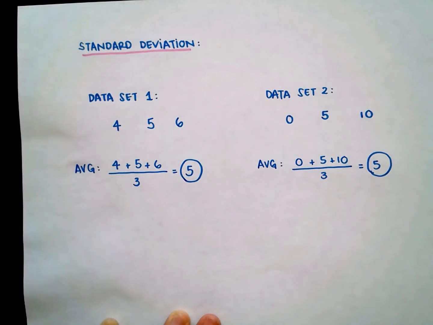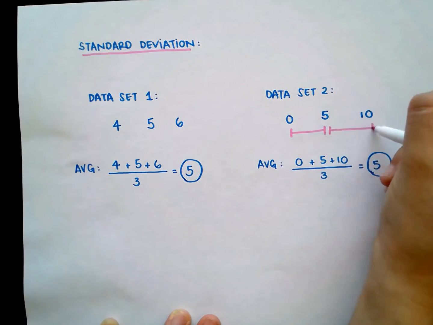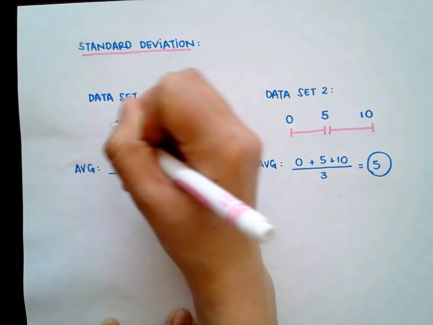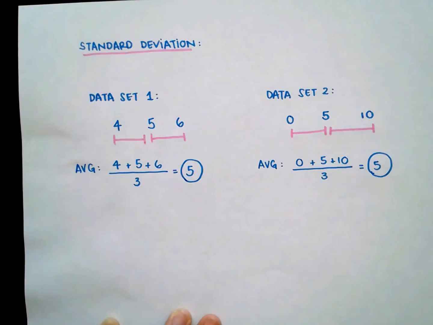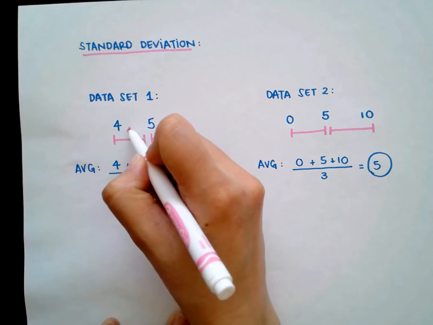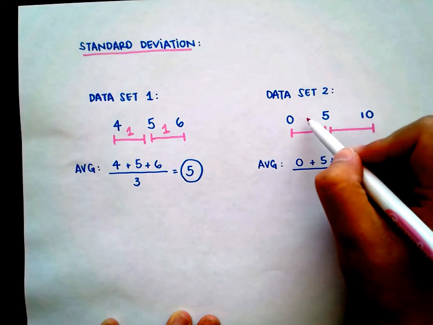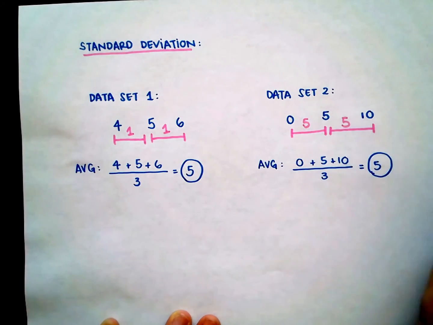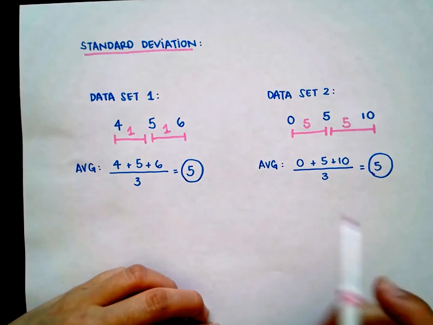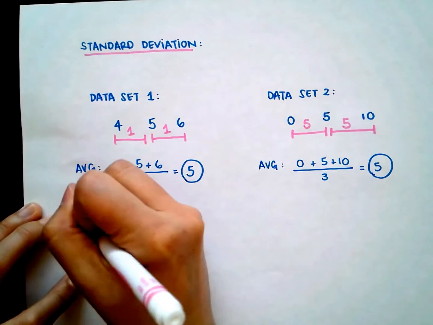Now, the standard deviation tells us how far apart our numbers are. So if we take a look at our numbers, we can look at the spread of these numbers. And as we can see, between data set 1, the numbers have a distance of about 1. They're spread apart by a value of 1, versus my data set 2, which is spread apart by a value of 5, right? And so when we're looking at the standard deviation, a lower